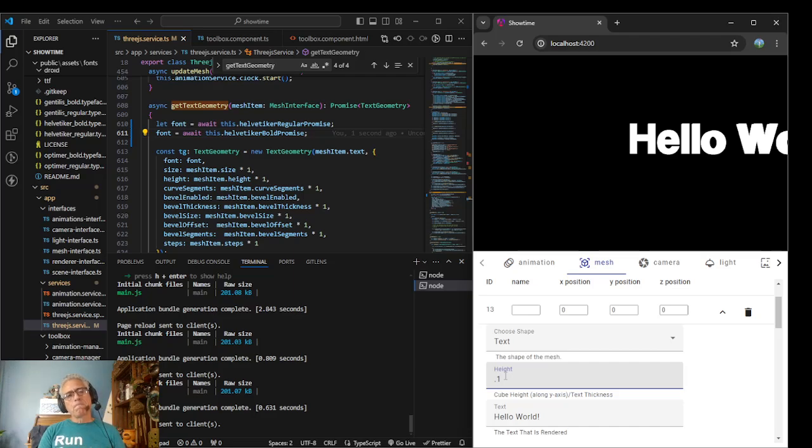So basically, we want to make sure that both of these are available before we try to create the text. We want them both to be available. So at this point it's kind of my choice. Do I want to go through and make all these promises for all the different fonts, or do I want to sort of get everything wired up and get the drop down working and all that? And I think I'm probably going to want to get everything wired up and get the drop down working, and then